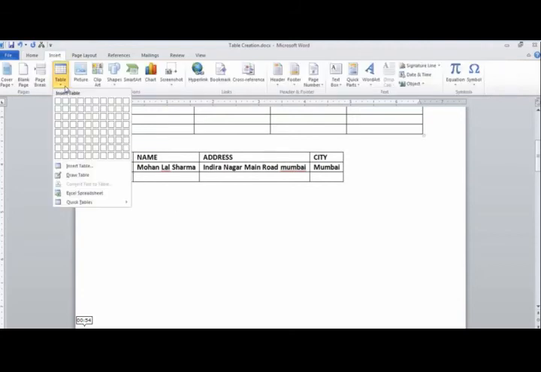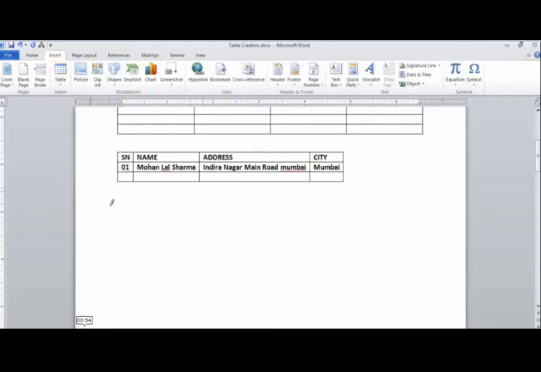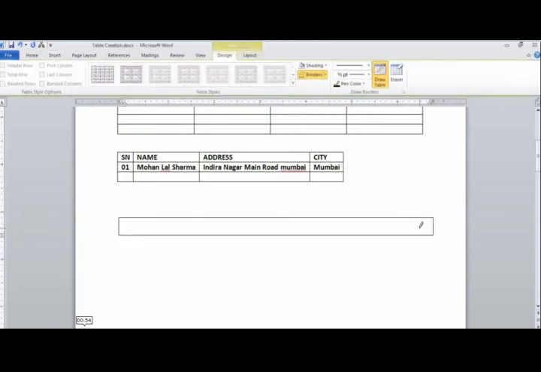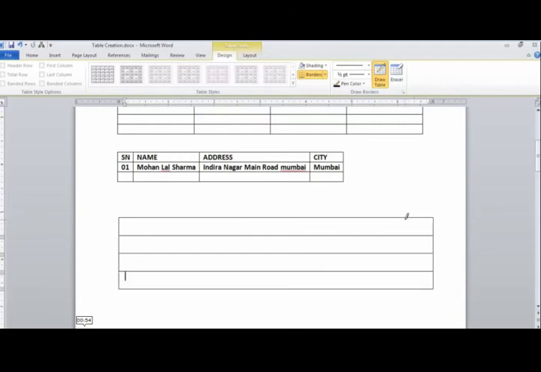Again go to the insert option, go to the table option. Now the draw table option. Draw table is another feature where you can draw a freehand table, like you have to select a table box according to your requirement. Now with the help of the shift key, you can enter and make different rows in your table.